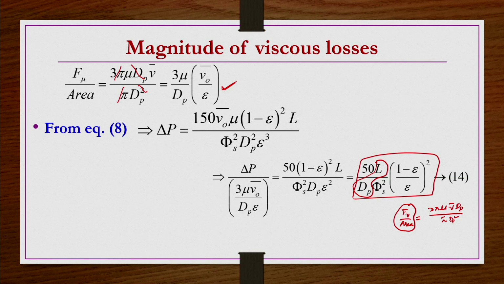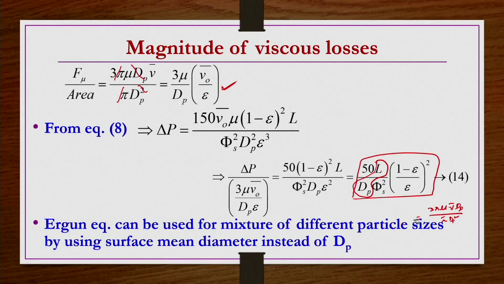Especially the Ergun equation is valid, as he has already tried different types of particles, right. But under such conditions you have to find out the surface mean diameter of the particle for this mixture of particles, the way that we have done previously in one of our lectures on screen analysis. There, for a mixture of particles, we found different types of mean diameter. So the surface mean diameter one has to take here for that case, and then the same equation can be used in exactly the similar way.